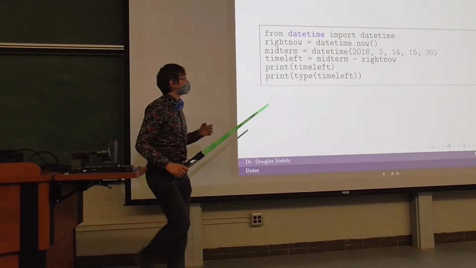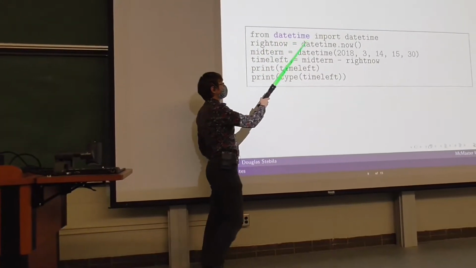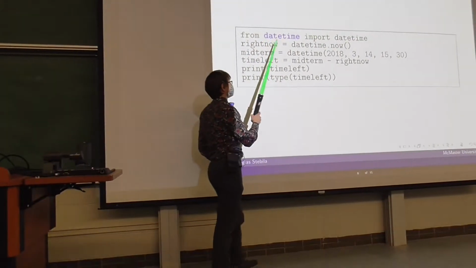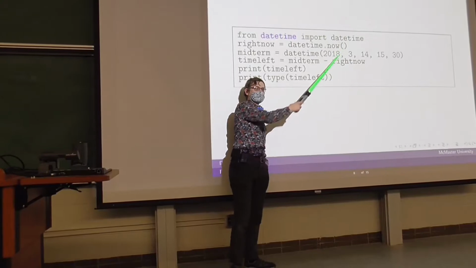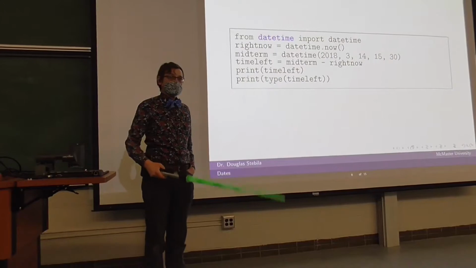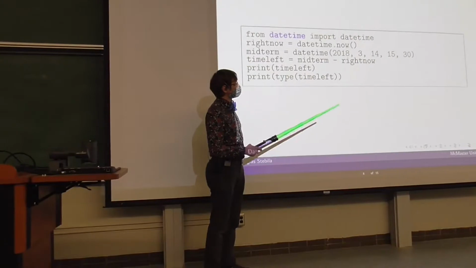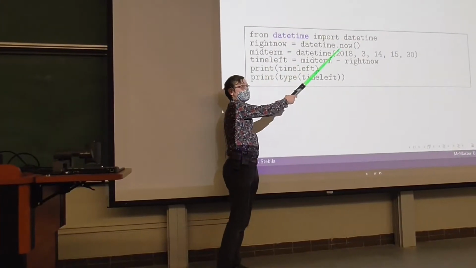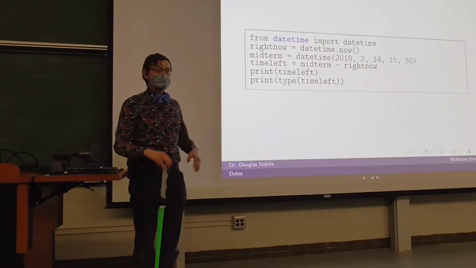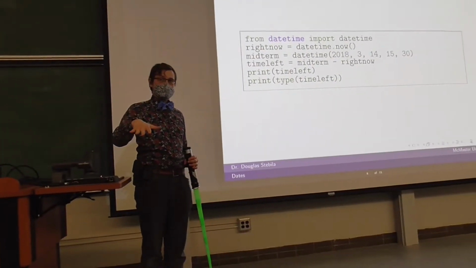So, in terms of actual Python code, from datetime import datetime. This line allows us to access the datetime object inside of the datetime library without having to do datetime.datetime, which is kind of stupid, right? So we have a now function, which basically just looks up the system clock and returns to you whatever the current value of time in your computer system clock is, right?